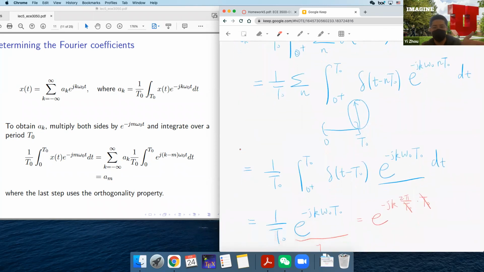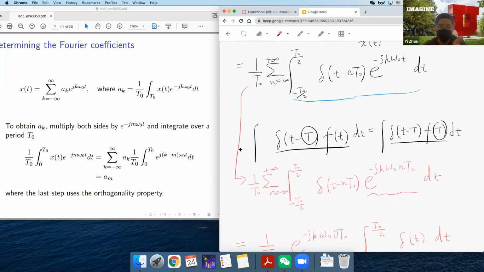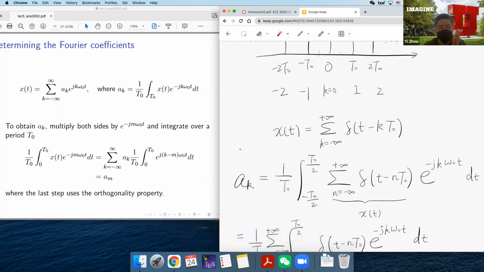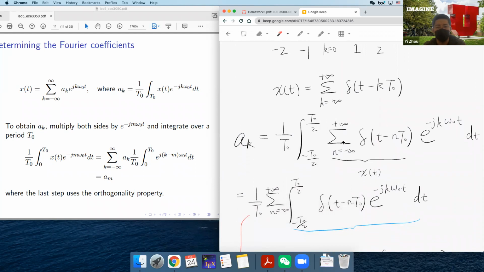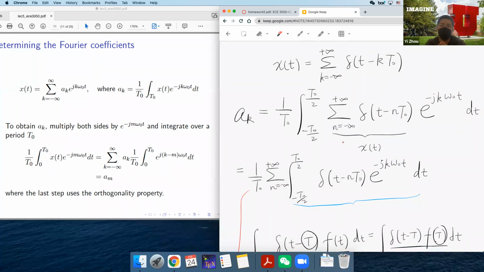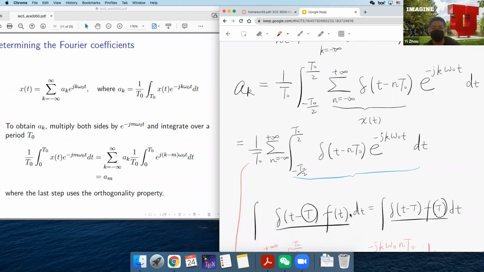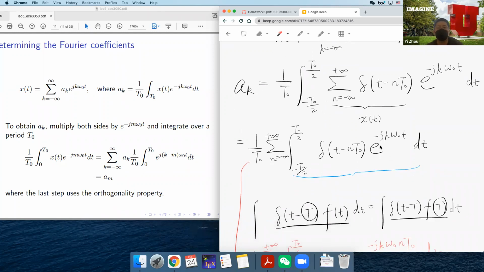Okay, so in the end, no matter which period you consider, following this formula, in this calculation we need to leverage the property of the impulse functions. First of all, we exchange the order of integration and summation, and then inside the integration we can deal with the integration of the impulse by leveraging the properties of the impulse. And after that,